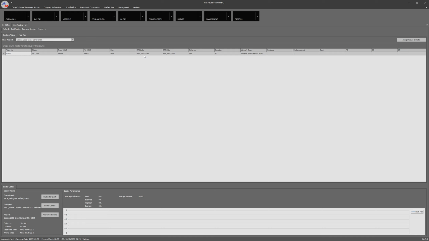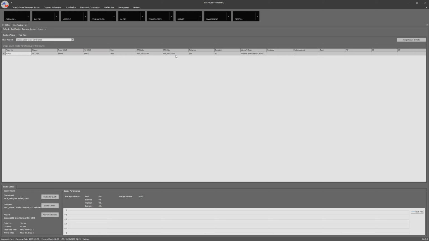Departure time 0800. The estimated time of arrival is 0920. So it's a 1 hour and 20 flight. Remember, we've got that 30-minute turnaround. So essentially, this whole leg takes about 2 hours. So that's good. So there and back is going to take up about half the flying time for this particular